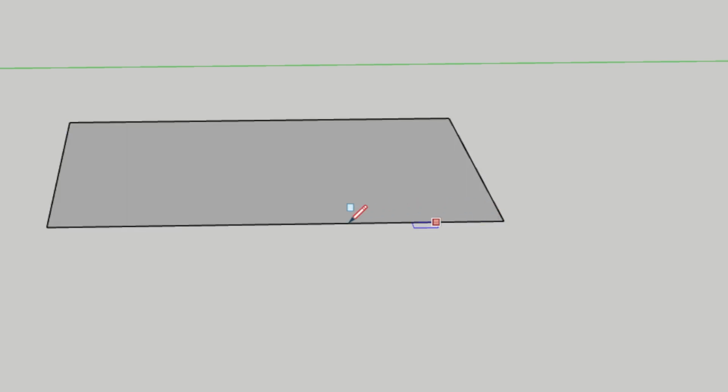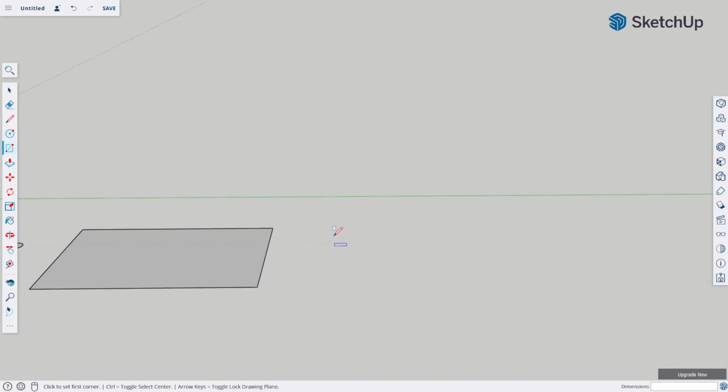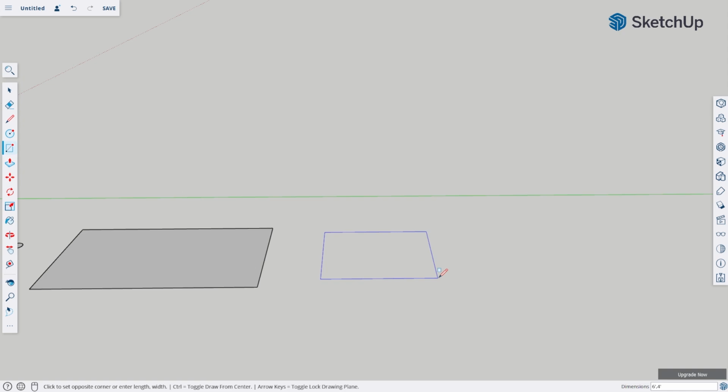And just like the circle tool, you can also create an exact measurement for the rectangle tool. For instance, if you want a rectangle that is 6 feet wide and 4 feet high, start by clicking anywhere to set the first corner of the rectangle, and as you drag to define the shape, you will see a box at the bottom of the screen showing the current dimensions. Just type 6 on your keyboard, followed by apostrophe, which is the symbol of feet to indicate the width, and then comma, and then type 4 and apostrophe to indicate the height. After typing the dimensions, just press enter to finalize the rectangle.